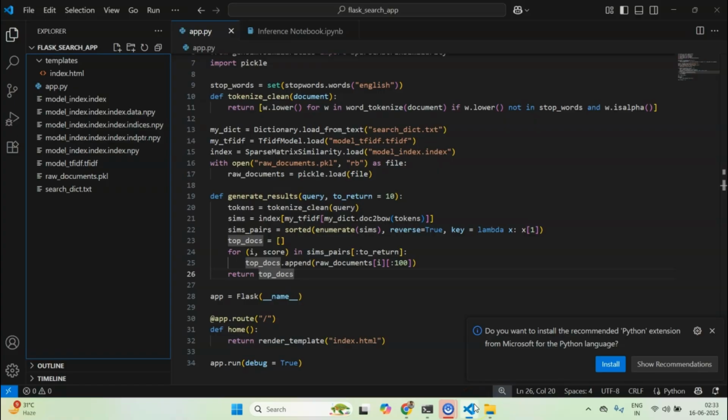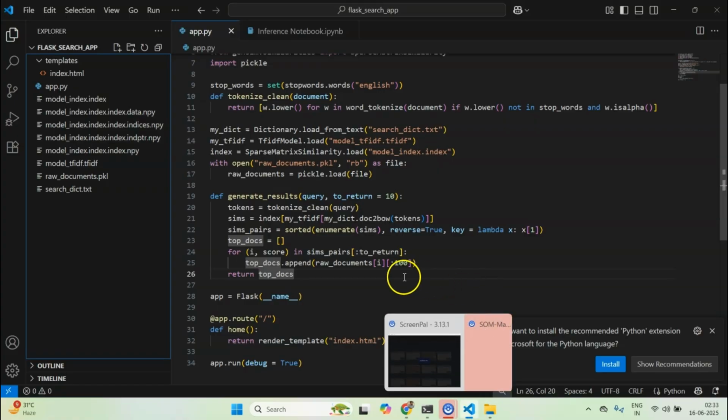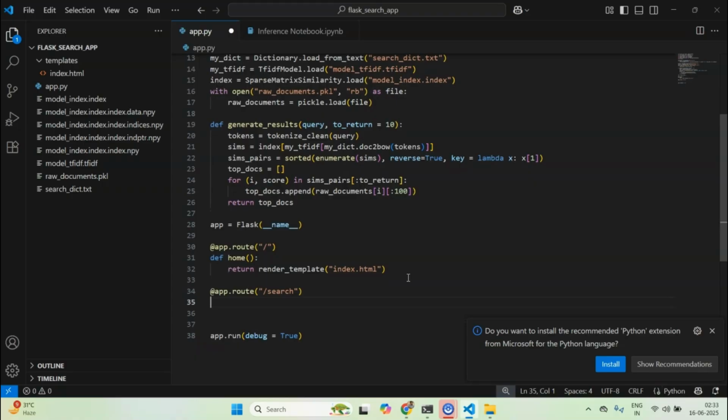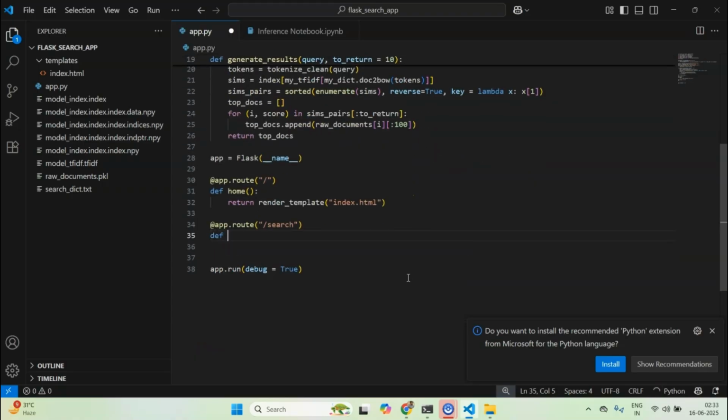So what else needs to be done? We already have a home route set up within the application. I need to set up a search route. Let's do that really quickly. App.route, and this search route would expect a query to be received within the URL.